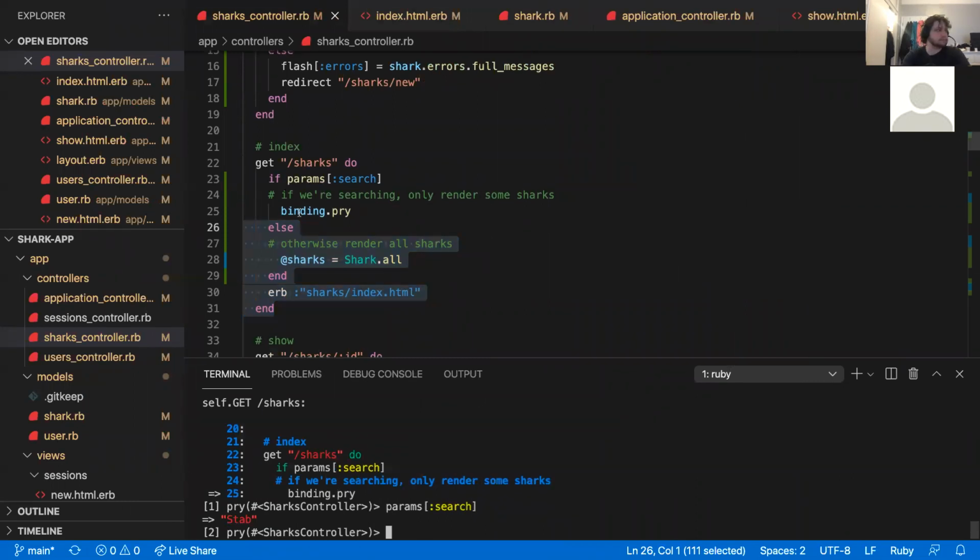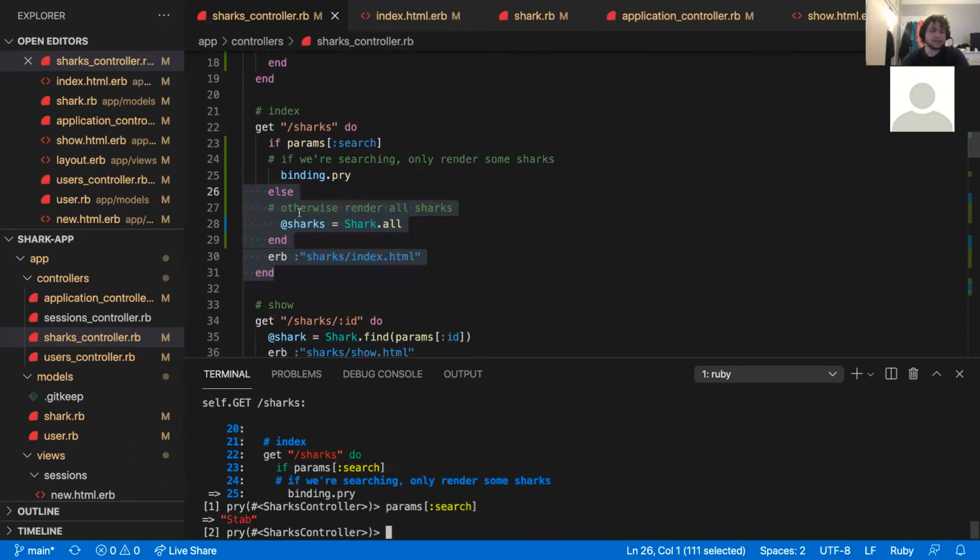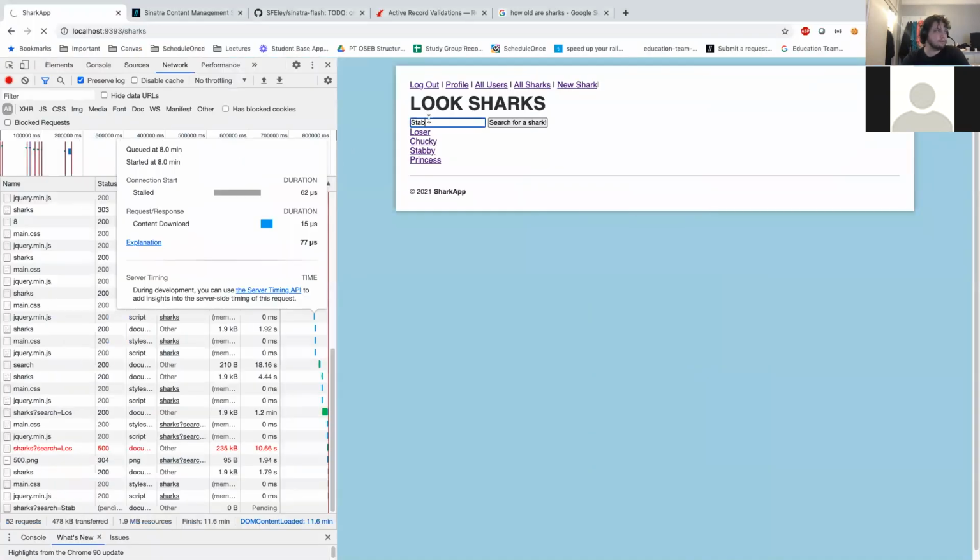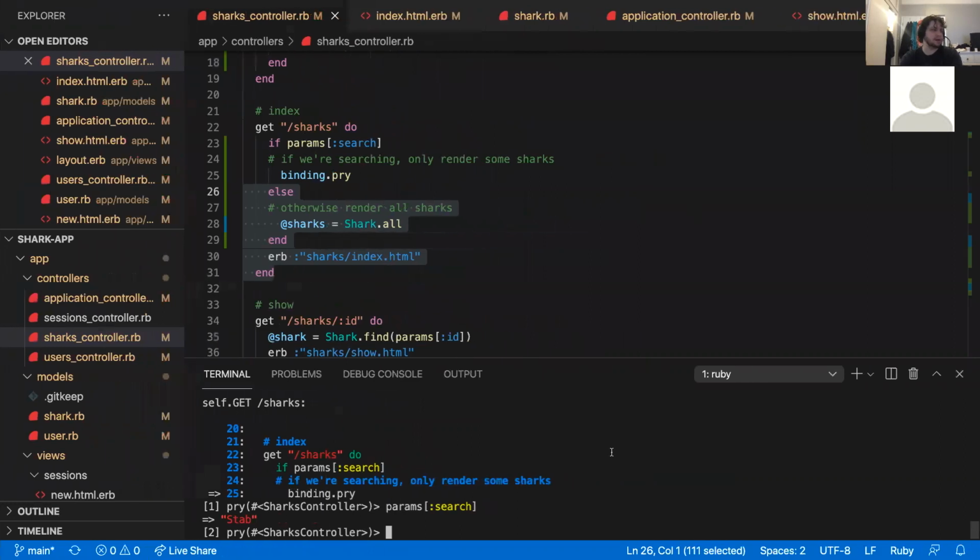Cool. So now we just need to come up with an Active Record way of finding all of the sharks whose names are similar to stab. Now we can go pretty quickly and make one that does exact matches, right? We can always do like,